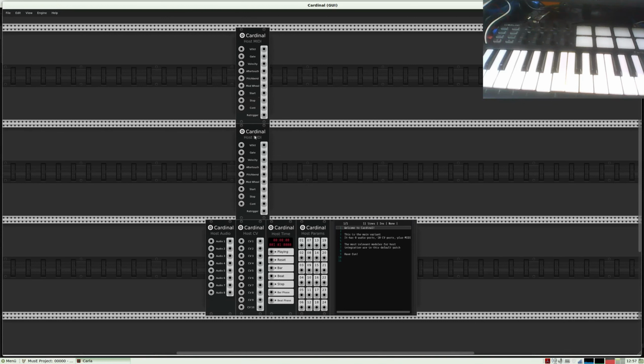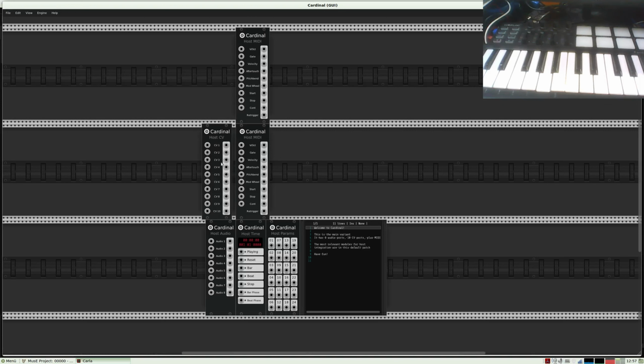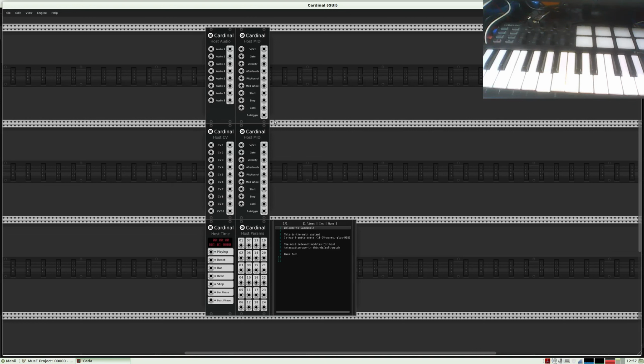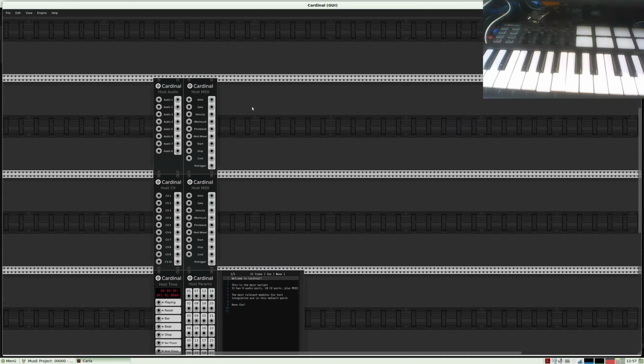So here we have 2 MIDI ports. We need the host control voltage module. I put it here, and we need a host audio module. I put it there. This is needed for the output of the synths to inside Kala, so I can use them. And this is used to put such knob signals to the synth, so I can alter the sounds by sliding these sliders. So now I need to build 2 analog synthesizers.